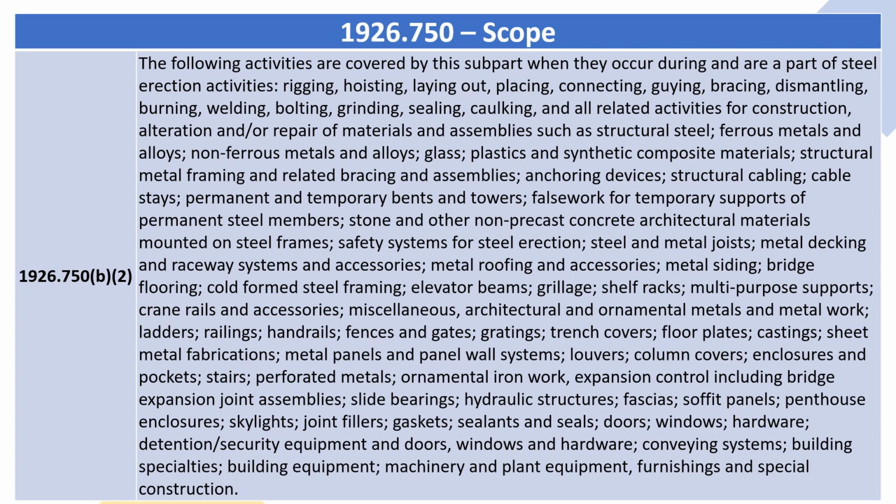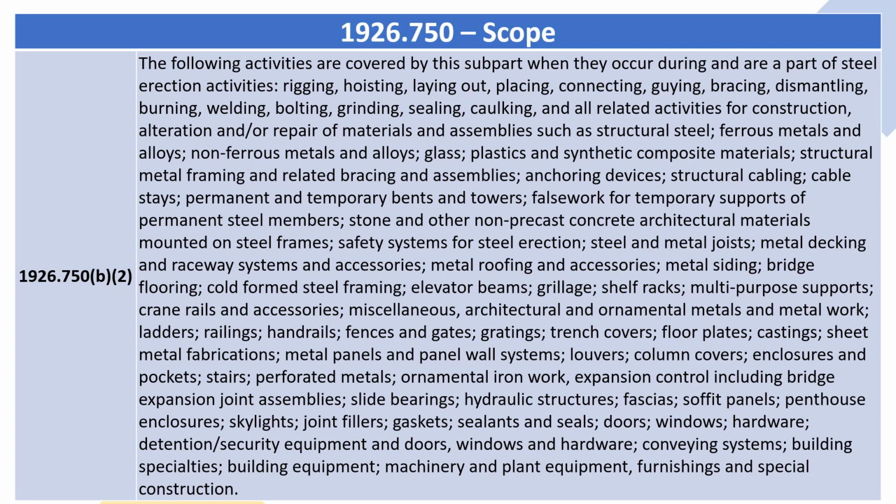other non-precast concrete, architectural materials mounted on steel frames, safety systems for steel erection, steel and metal joists, metal decking and raceway systems and accessories, metal roofing and accessories, metal siding, bridge flooring, cold-formed steel framing, elevator beams, grillage, shelf racks, multi-purpose supports, crane rails and accessories, miscellaneous, architectural and ornamental metals and metalwork, ladders, railings, handrails, fences and gates, gratings, trench covers, floor plates, castings, sheet metal fabrications, metal panels and panel wall systems, louvers, column covers, enclosures and